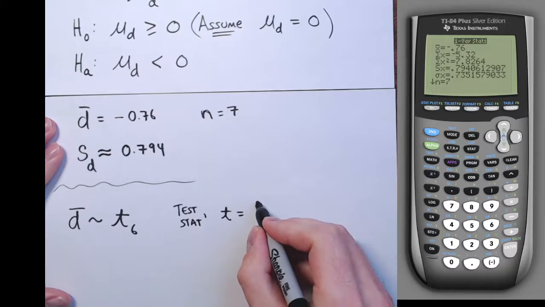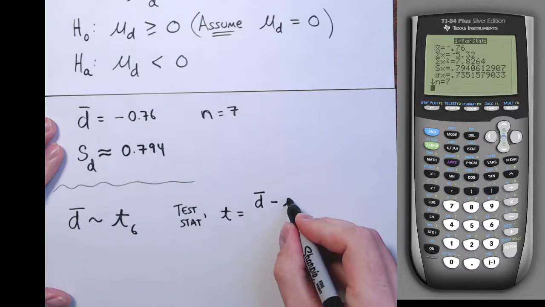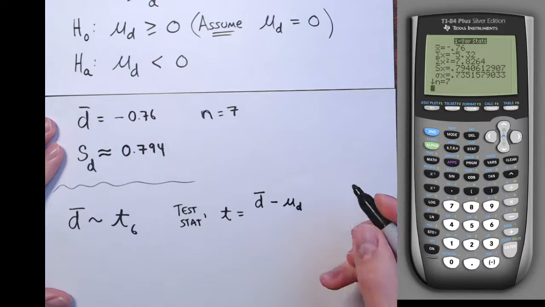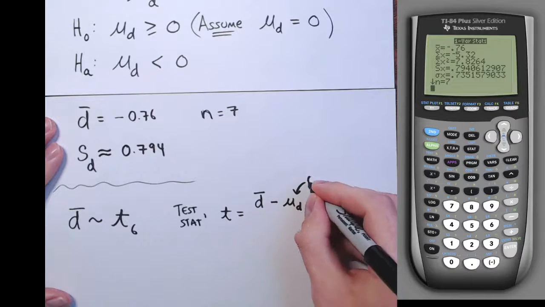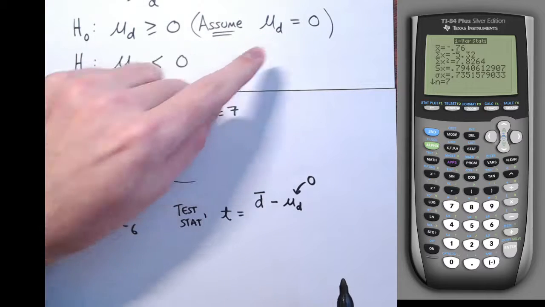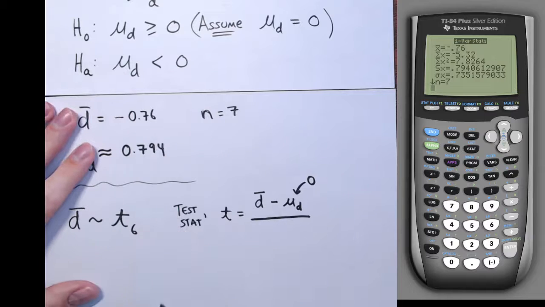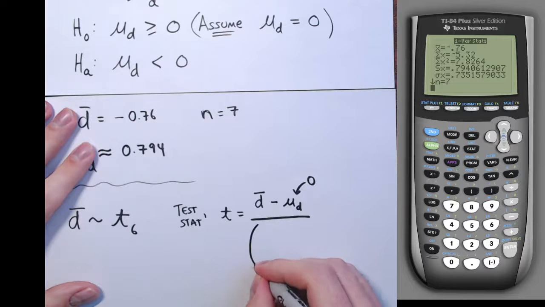So I take our sample mean minus the assumed population mean of the differences. Now again, this is assumed to be 0 from the null hypothesis, right? We are assuming that mu d is 0. So really I just have d bar, our sample mean, in the numerator, divided by, and then this, remember the